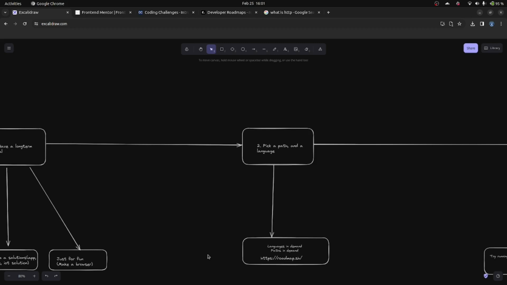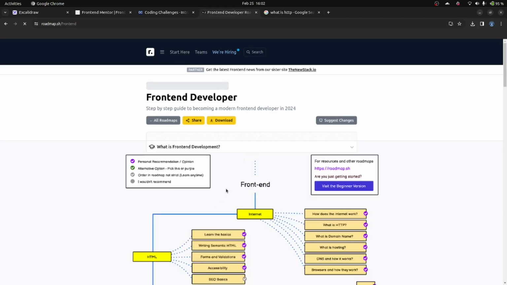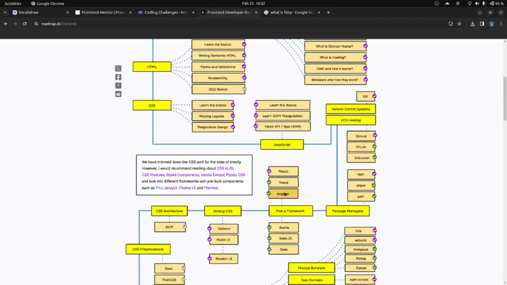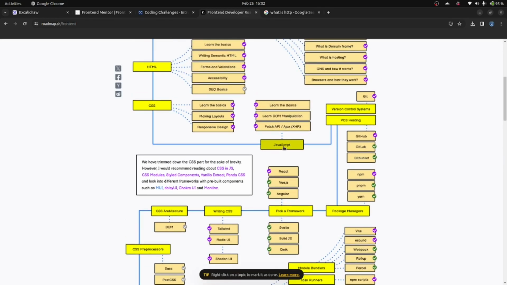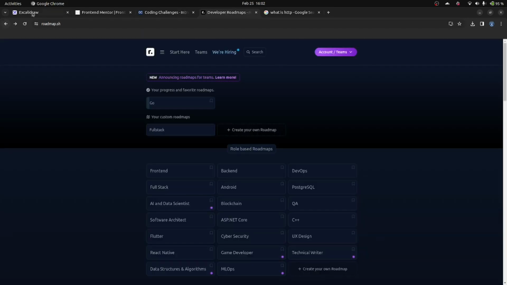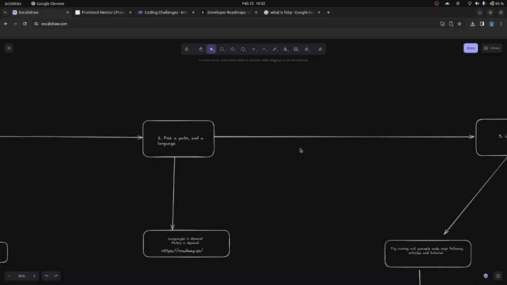And so after you have decided which path and language you are going to use, I recommend for front end, if you come here, you see it's JavaScript. If you are going to be a front end developer, normally you are going to use JavaScript, and then you are going to pick any framework. And after you have picked the path and the language,